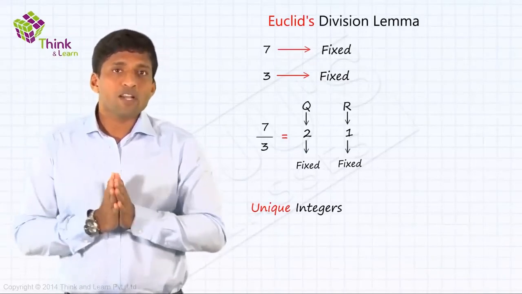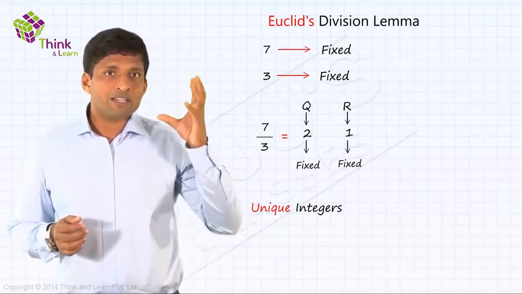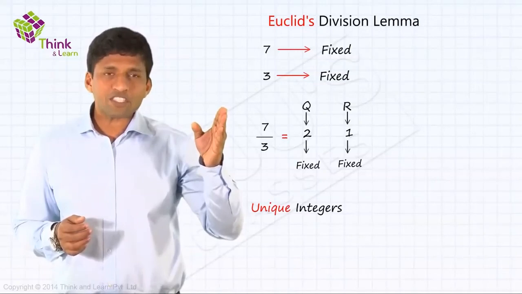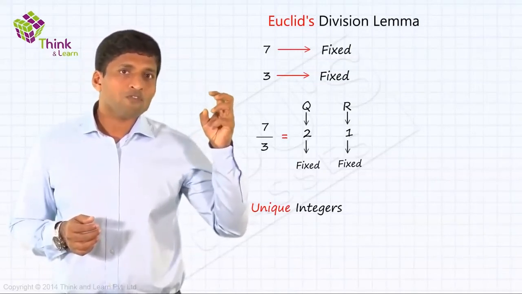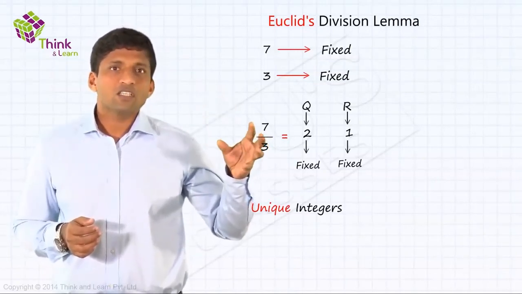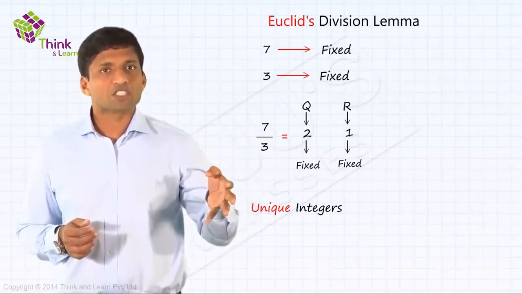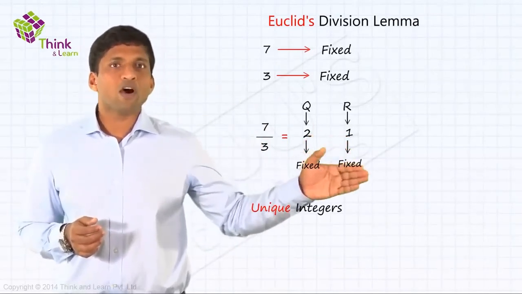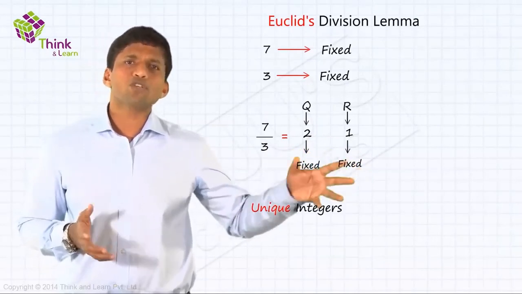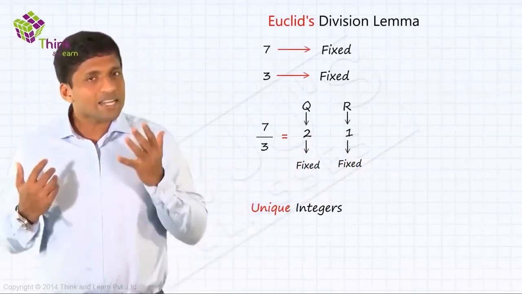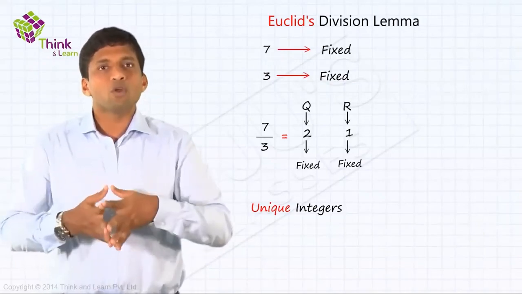I hope you are getting it. In that example, when the number of chocolates is fixed and the number of chocolates per box is fixed, the number of boxes which you can take out is also fixed. And the number of chocolates left out is also fixed. So there is actually nothing new. This is something which you've been doing for quite some time now.